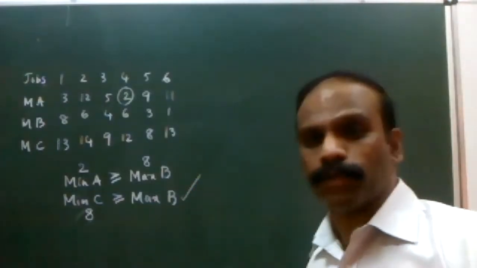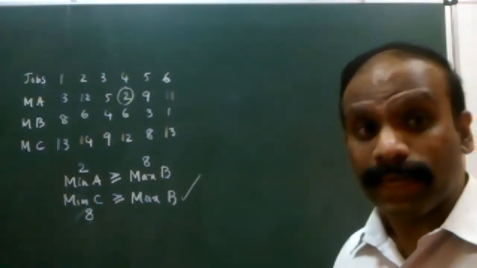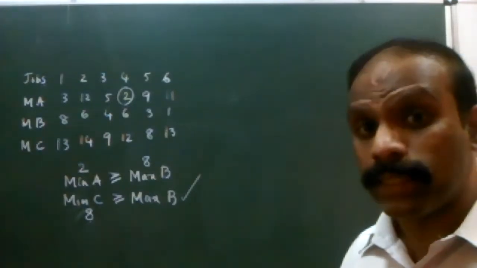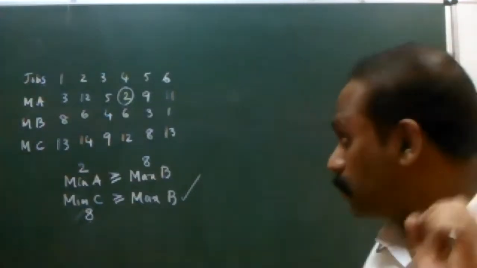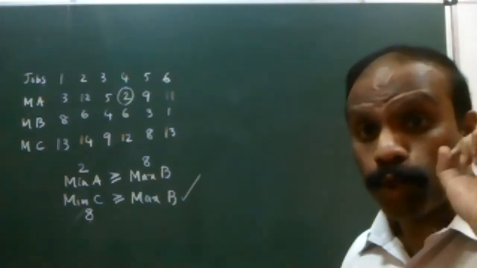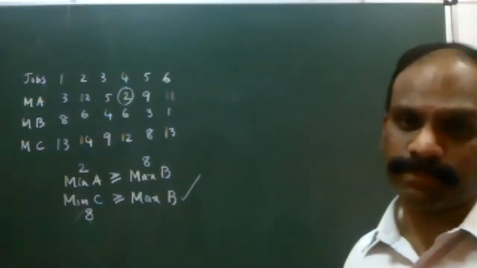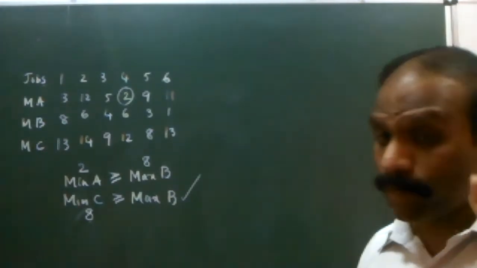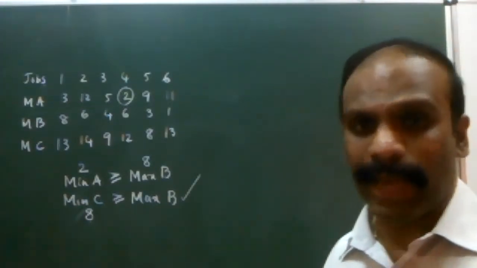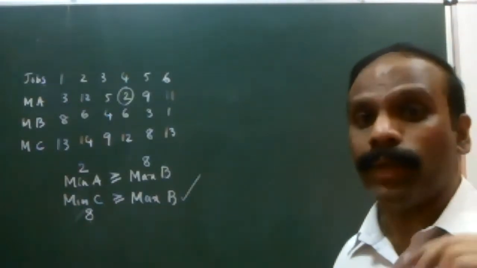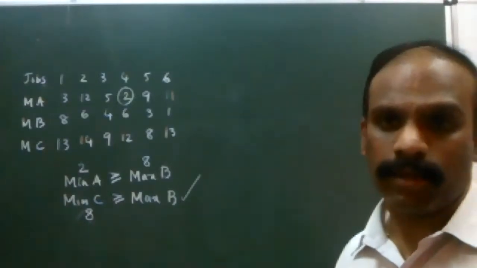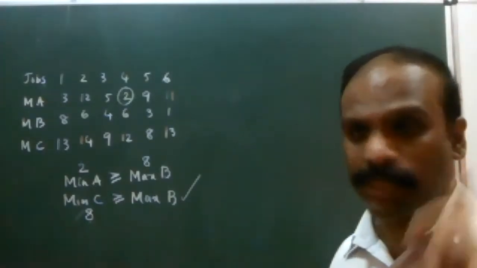Now we will move on to the next process, which is converting 3 machines into 2 machines. Now how do we convert it? We convert a 3 machine problem to a 2 machine problem by introducing 2 fictitious machines. What do you mean by fictitious machines? The machines which are imaginary. They actually don't physically exist. We are assuming those machines for the purpose of calculation.